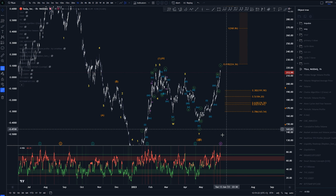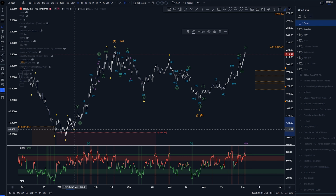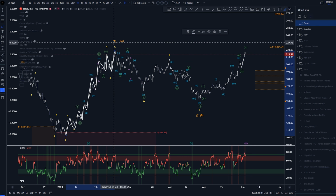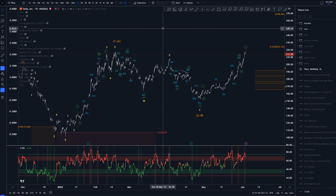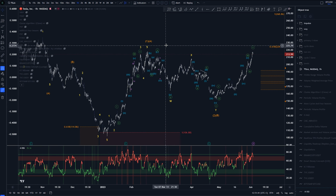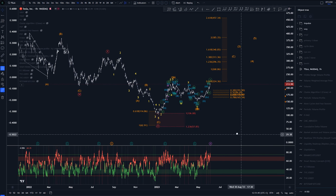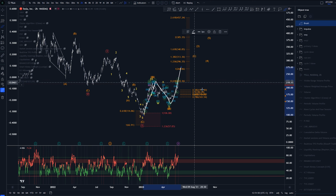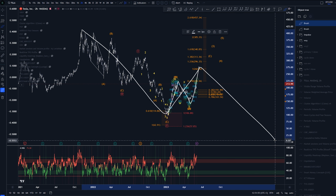This is the way I've labeled this at this very moment, from the very lows of January 2023, which was a potential 1 2 1 2 1 2 3 4 5 3 4 5 3 4 5 into again a wave A or wave 1. We don't know which one of these is going to be playing out. A wave, of course, is going to be the more bearish indication, at which if we are zooming out again, this ABC, if it is creating an ABC, it would be most likely part of this structure,